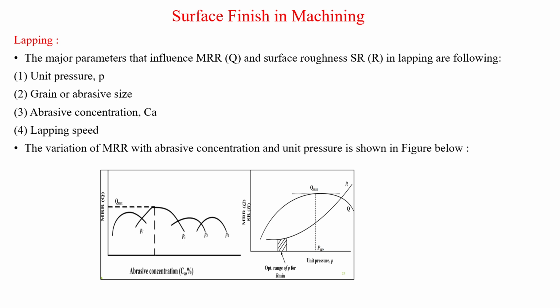Okay. We can see now the variation of MRR with the abrasive concentration, and also unit MRR with the unit pressure. So we can see from the first graph that the abrasive concentration varies with the unit pressure. For example, when we increase the pressure, okay, when we increase the pressure,